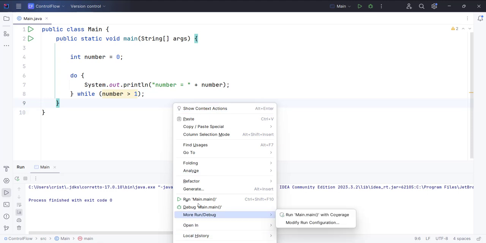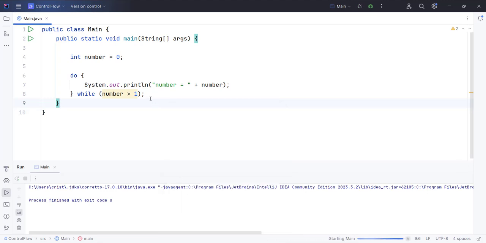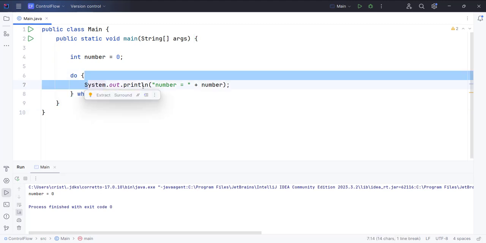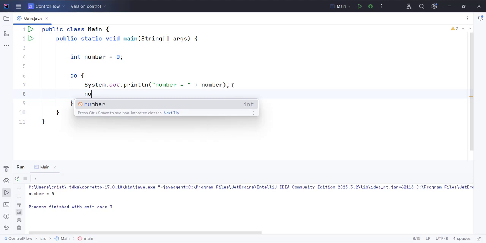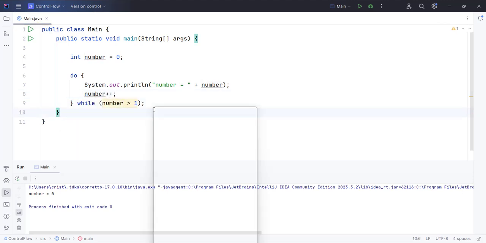Let's type number equals plus number. Now if I run this, we get number equal to 0 because the do-while loop is going to execute the code inside the curly braces at least once, irrespective of the condition that we have here. And now you can increment this number if you want, plus plus. So if I run this,